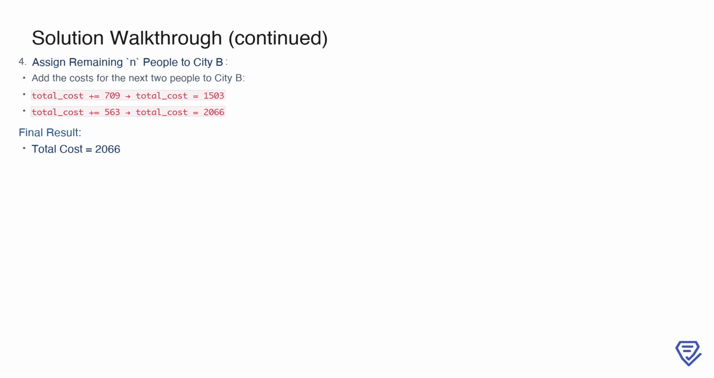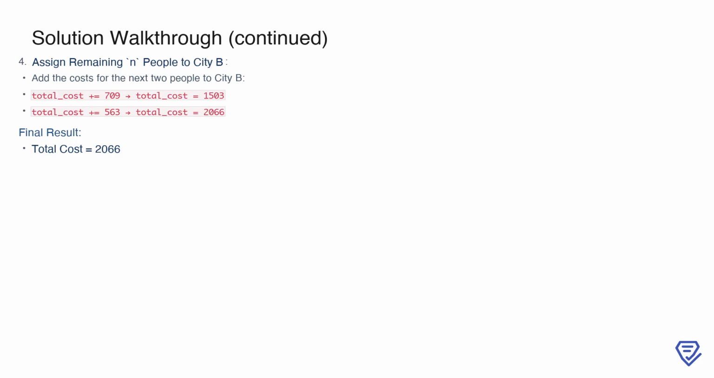For the third person in the sorted list, the cost of traveling to city B is 709, which we add to the total, resulting in 1503. The cost for the fourth person is 563, and adding this gives a final total of 2066. Thus, the minimum total cost for this example is 2066, achieved by this optimal allocation of people to city A and city B. This demonstrates the effectiveness of sorting by cost differences and dividing the assignments evenly to minimize the